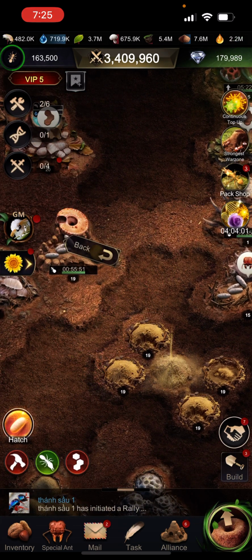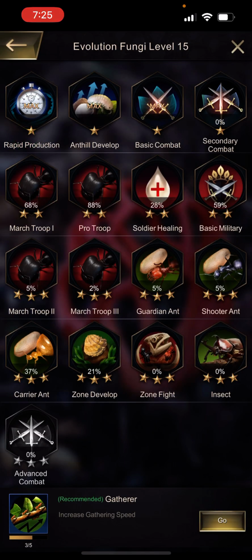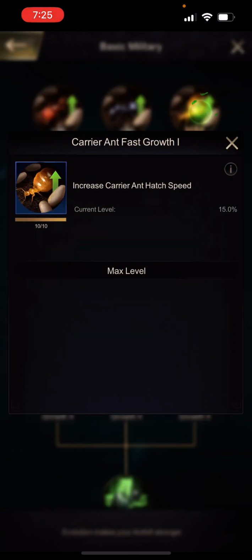The other thing I want to point out is there are some ways to speed up how fast you hatch. If you were to go into your evolutions, the basic military section, you can see on the top row it says fast growth 1 for the 3 different ant types. If I click on my carrier, it says increase carrier ant hatch speed. Since I have it maxed at 10 levels, it increases my hatch speed by 15%, which is a really big